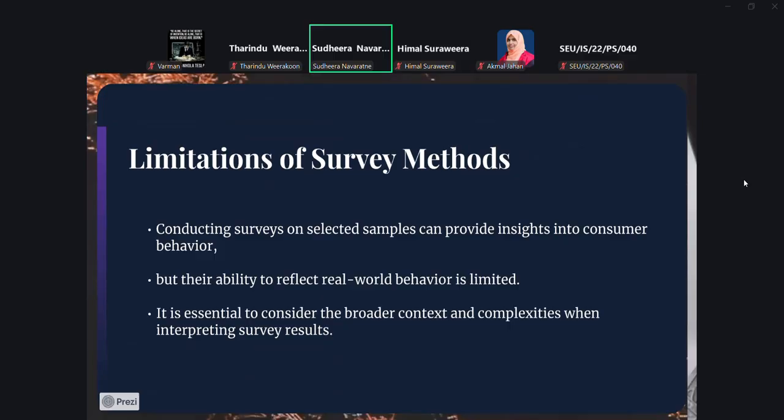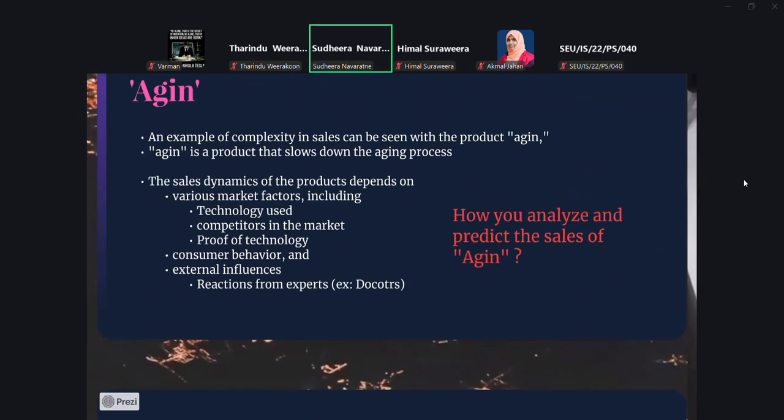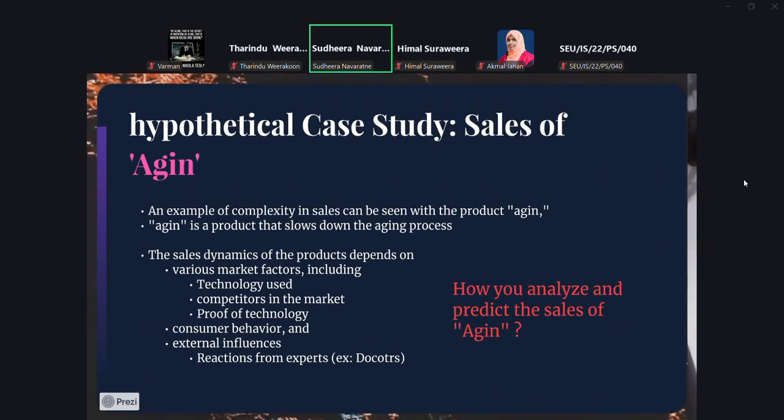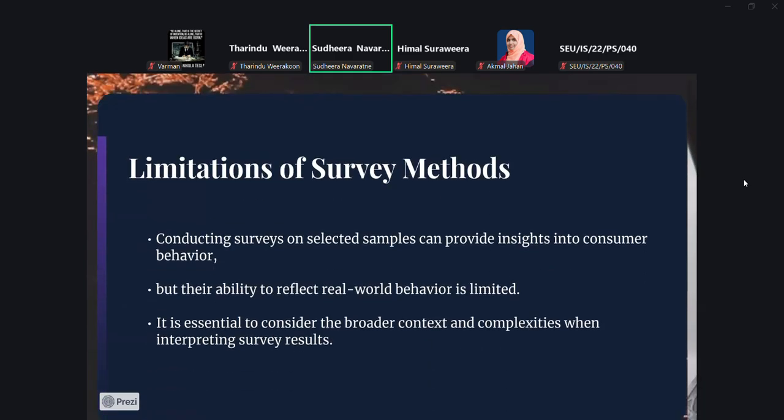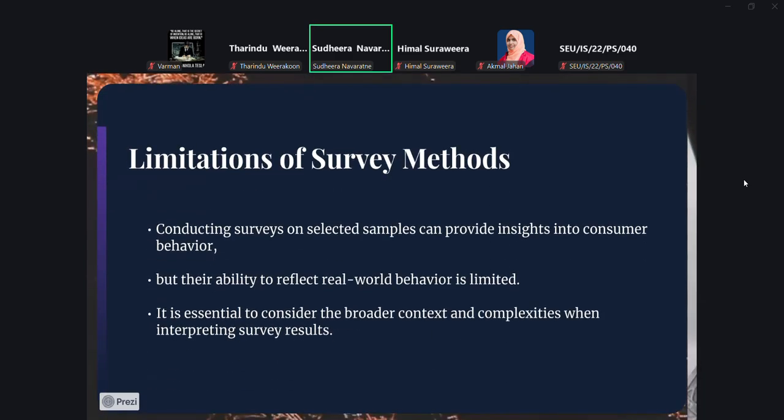So the typical approach for analyzing these kinds of sales is by using the survey method. You can conduct surveys on selected samples, and can provide insight into consumer behavior and so on. But if you have tried surveying before, it's not easy as you think.